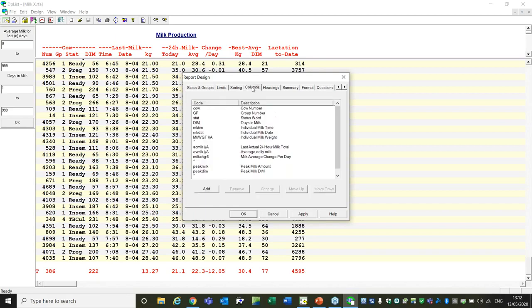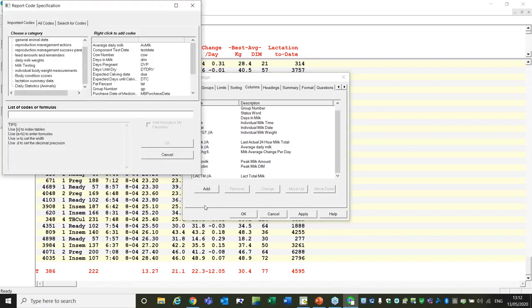So just as a really simple example, I go into columns. I've got all my milk bits and pieces and cow identities here, but I really want to know how much cake they're eating per day. So down to the bottom. So that column there, lactation total milk, corresponds to this one here, and the heading is just slightly to the left, but that's fine. I add a new column, and then you can see here,